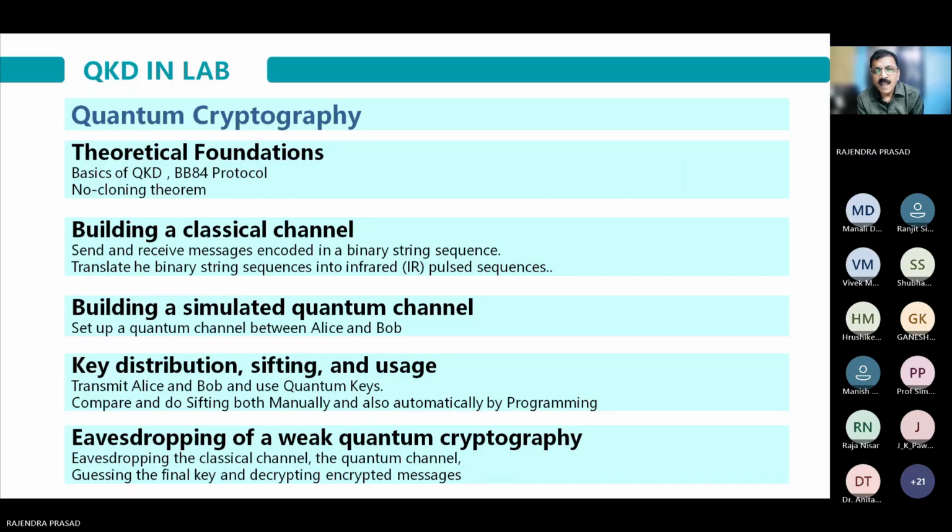So ultimately what we do, the receiver compares the data with the sender, and if he has received less than 30% of what has been sent, then we assume that there is an eavesdropper in between, and we change the whole key and the process. So this is cryptography, and this we learn really physically using